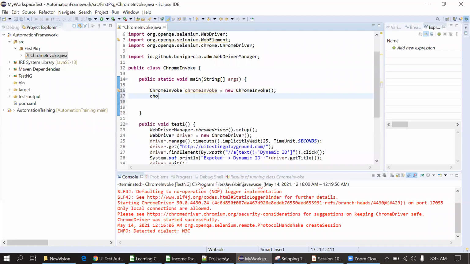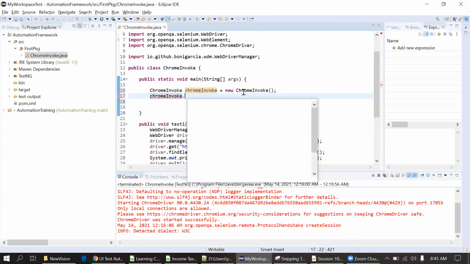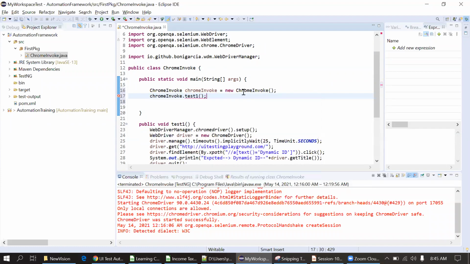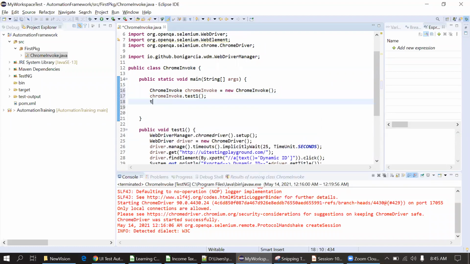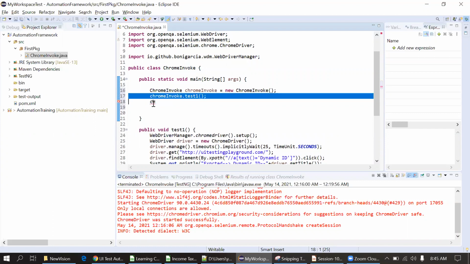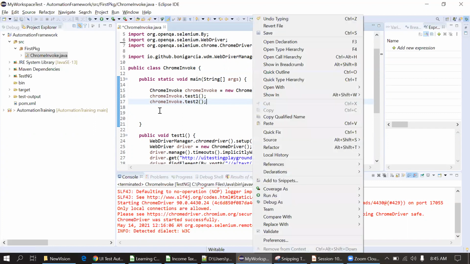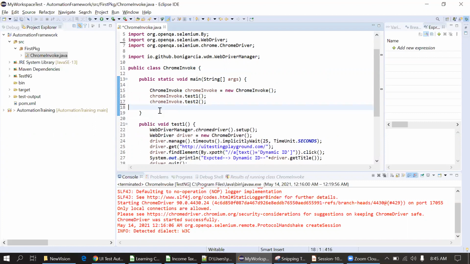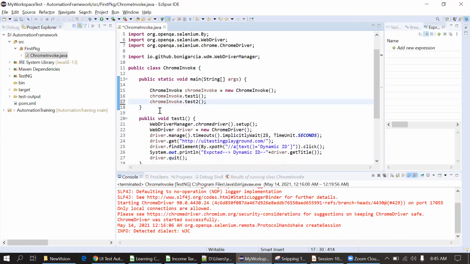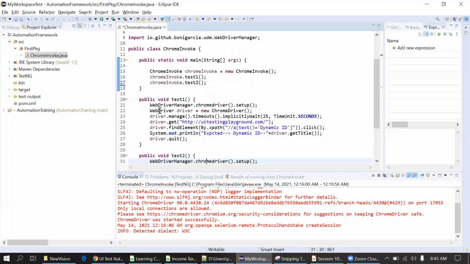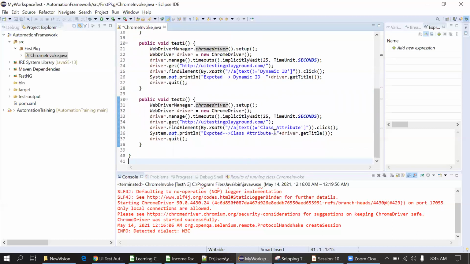We'll use the reference to call the method, dot test1, and then I'll copy this line, paste it here, and make it test2. Okay, so I'm executing this program now. I'm cleaning up the code and will remove the extra lines. Okay, fine.